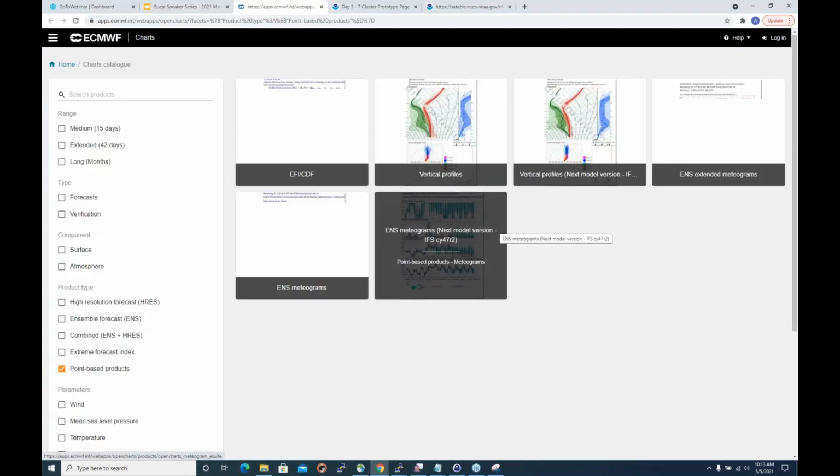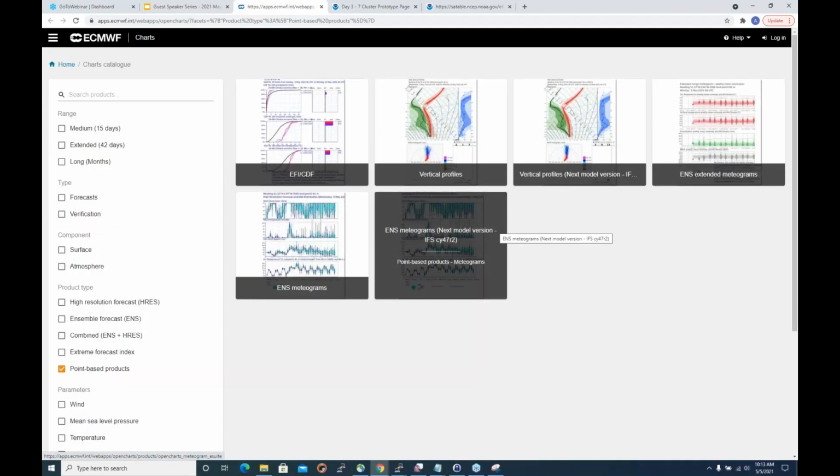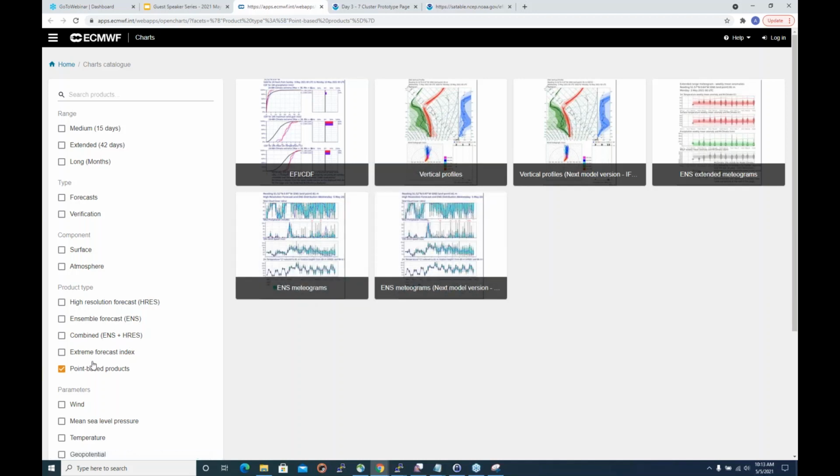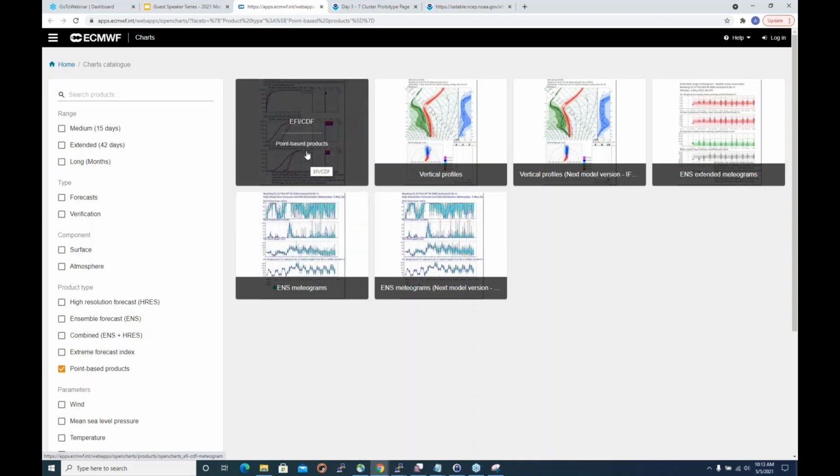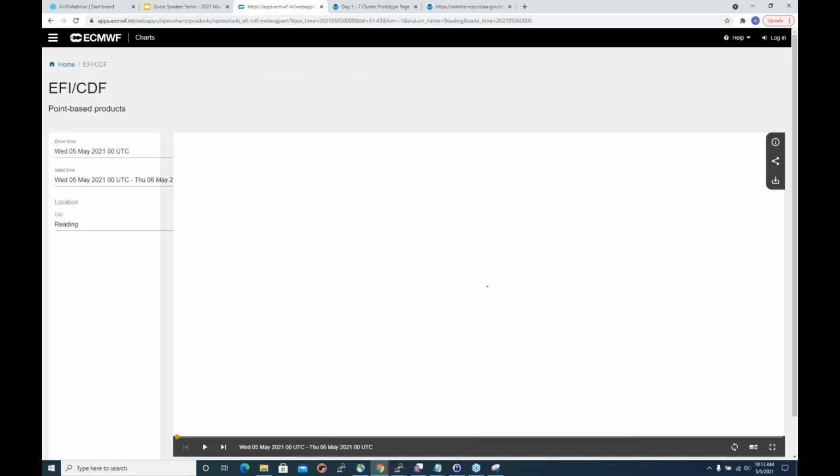and go to the EFI CDF data. This is something I've been wanting to share for a while. This is off the ECMWF Open Charts page, so this is online and everybody can access this. There's a point-based products option. If we go to the EFI CDF,